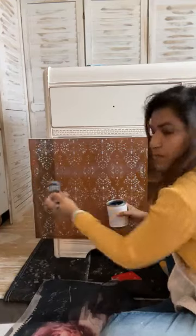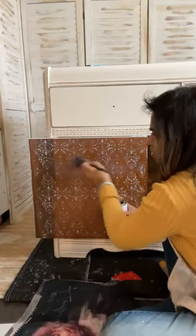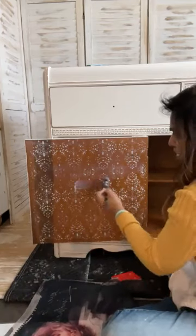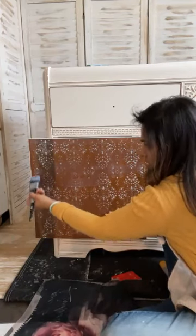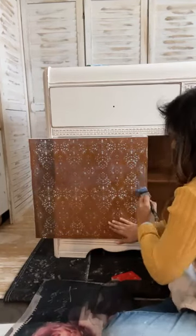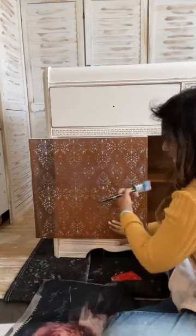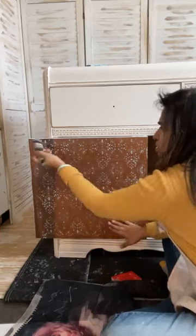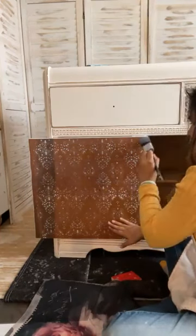So I'm applying this top coat gently with a lighter hand, just because I have to stick the decoupage tissue paper on this. So it acts like a sealer as well. So once your surface is covered